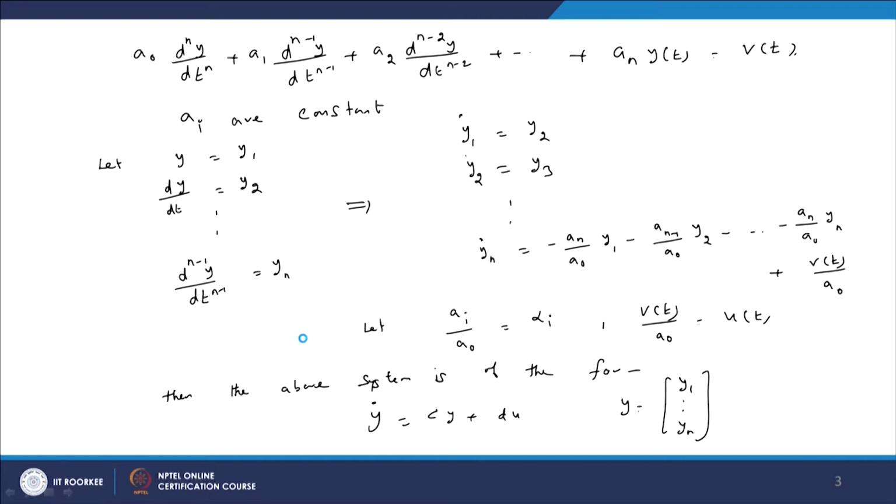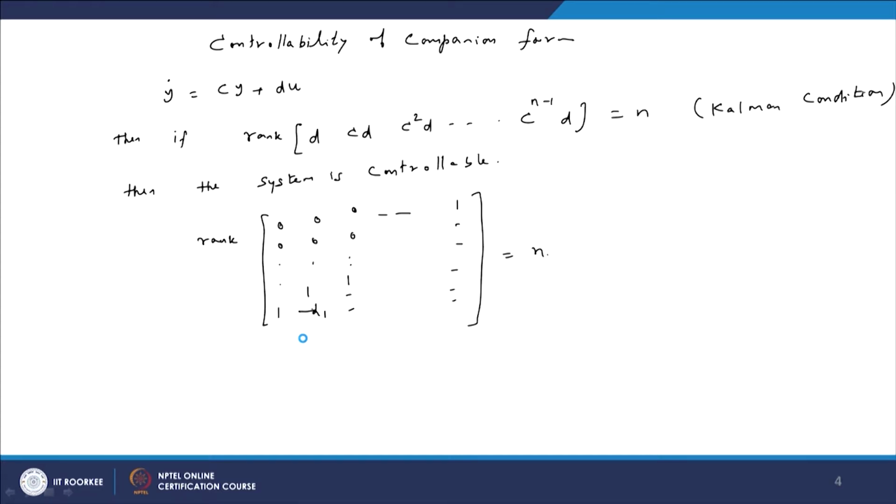So, you can say that if the differential equation is considered as a control system where the right hand side is considered as control, then it is always controllable for any desired y, y dot, etc., up to the nth derivative. We will obtain a particular control to steer the system.